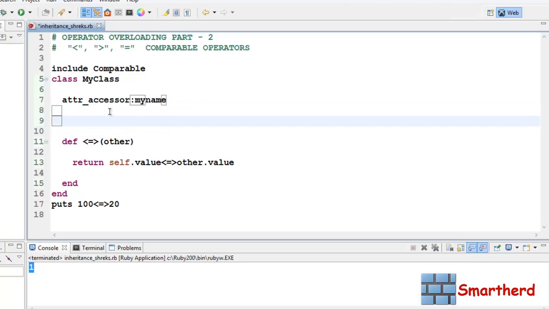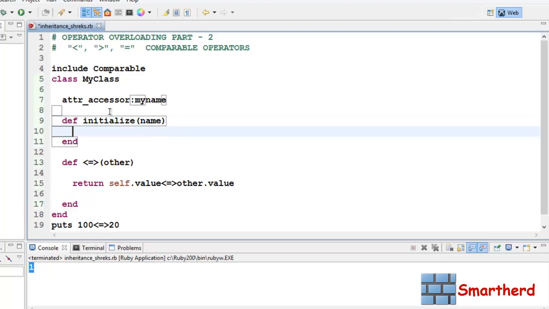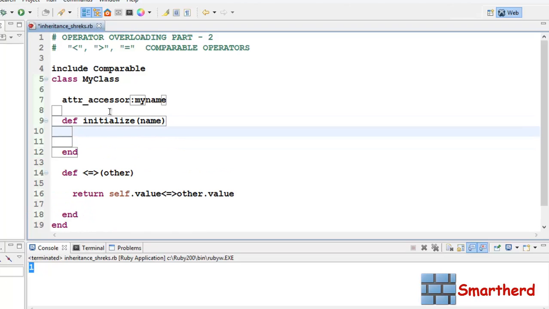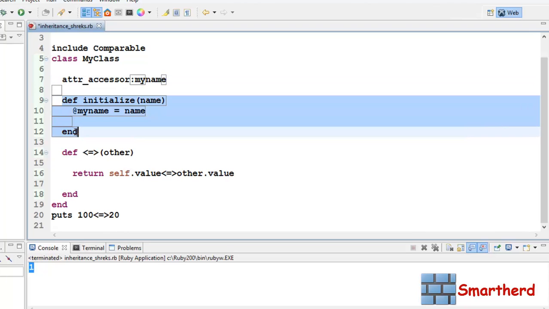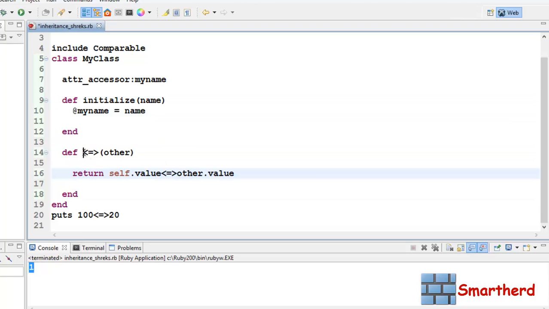Now let us define a constructor. Let's say name, and after that write my_name = name. Within this class we have this instance variable my_name, then a constructor to initialize the instance variable, and then we have a method which will be used to overload the operators.